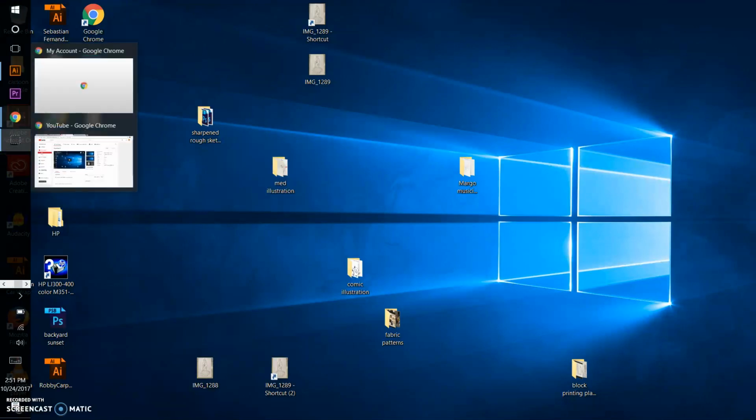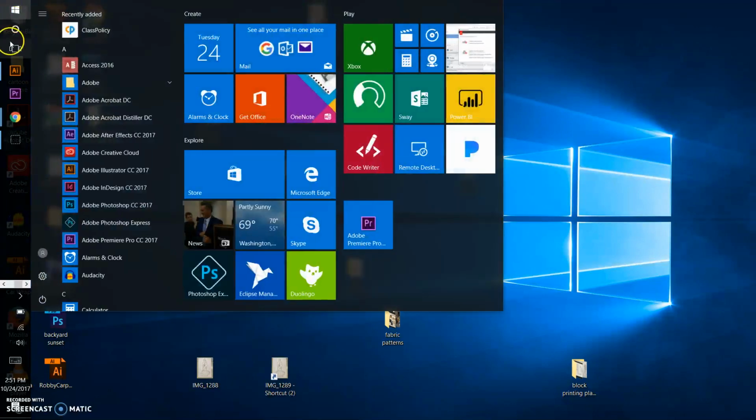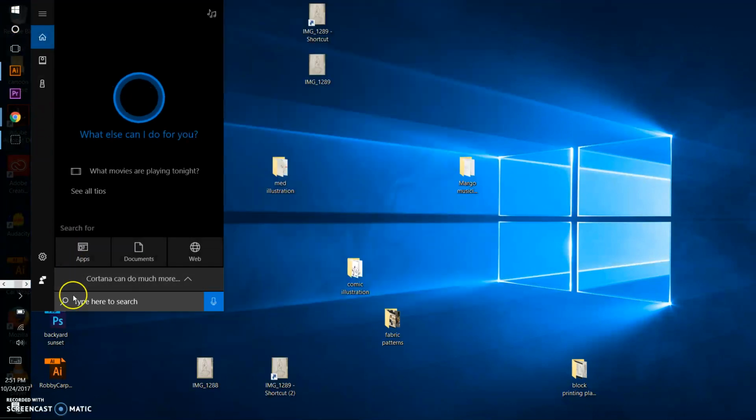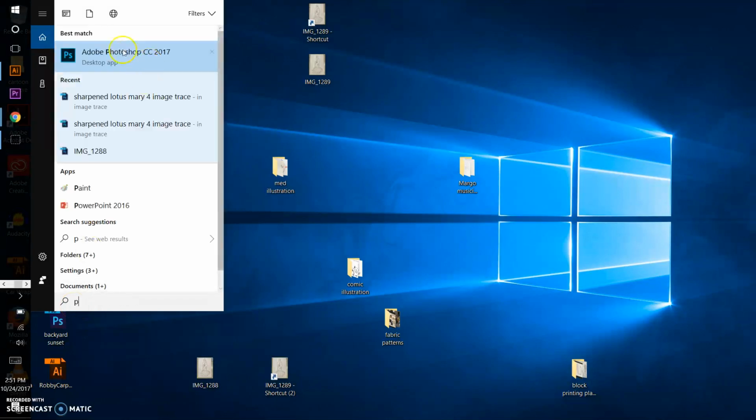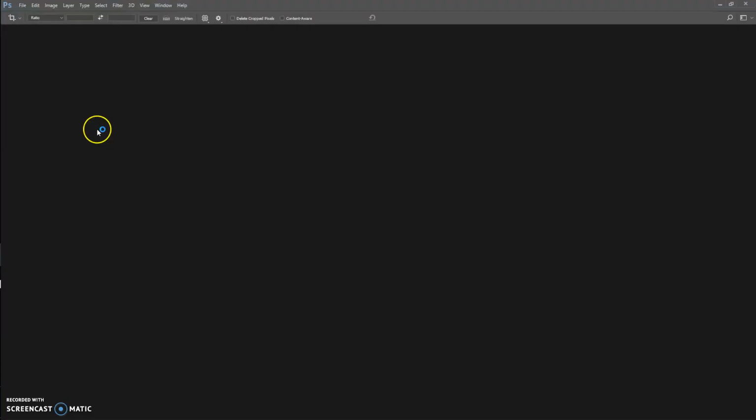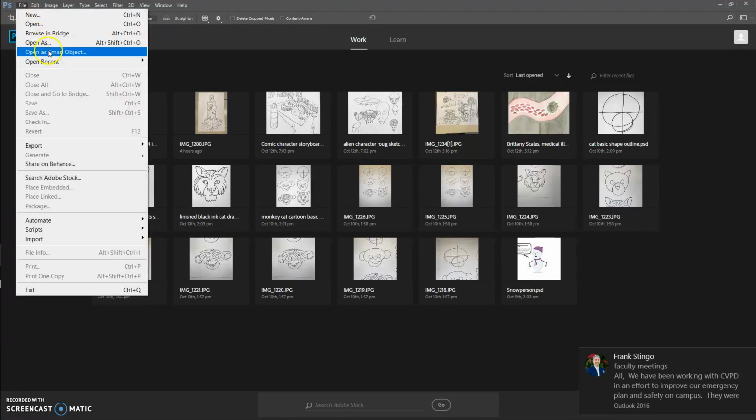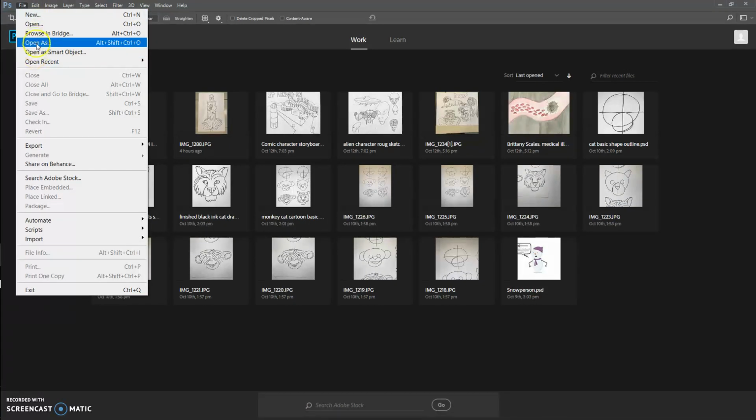So if you don't have Photoshop already showing up on your dock, you can always do a quick search for it and start it right there. It'll take a moment for it to load. And once Photoshop is going, I'm going to go to File, and you have several different options for opening